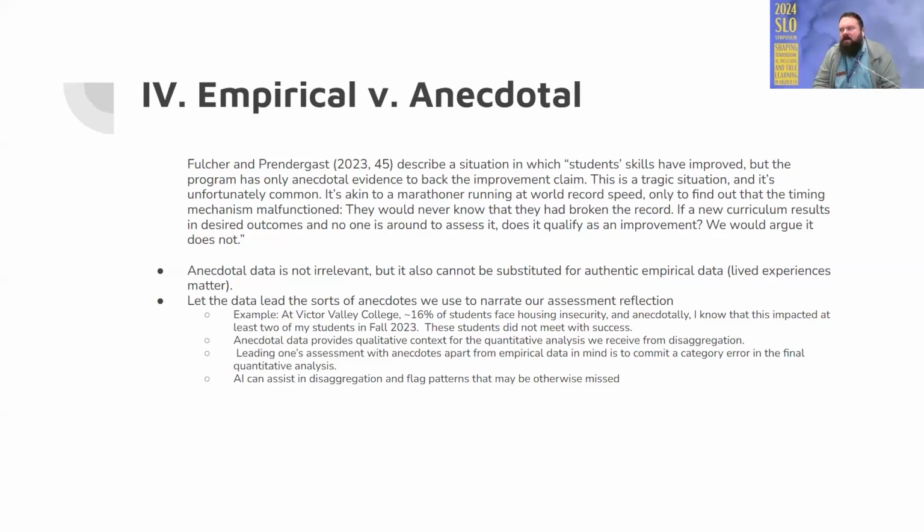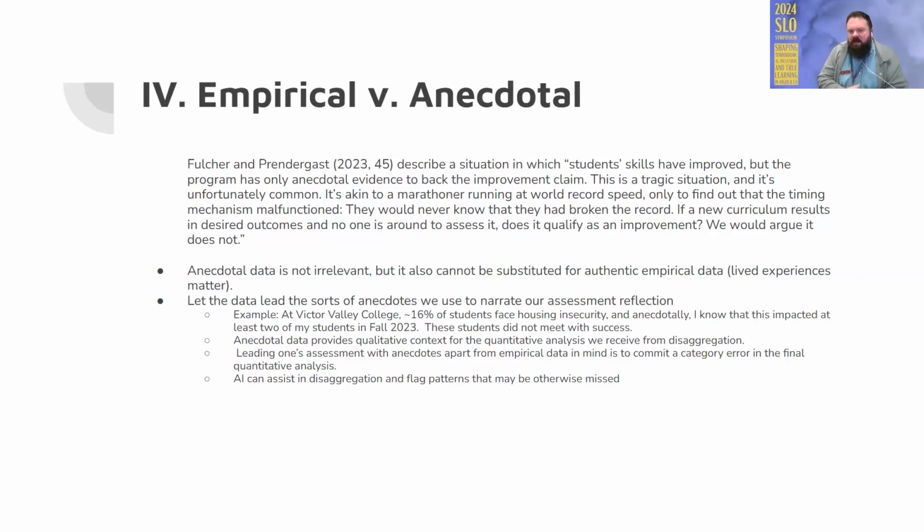For example, I might call to mind, and this has in fact happened, a trend around some students who are veterans. And so I might make some anecdotal remarks about how the institution on a larger scale might have to address those issues. And that might be true. I'm not saying it's not true, but I didn't have any data to back that up because I wasn't really looking at the data.